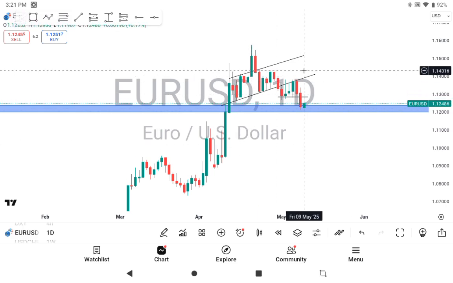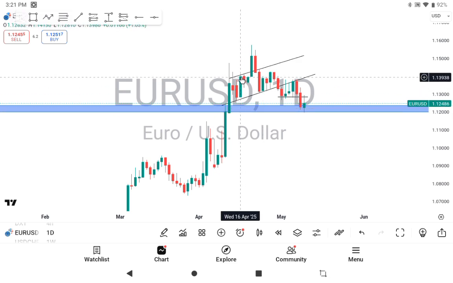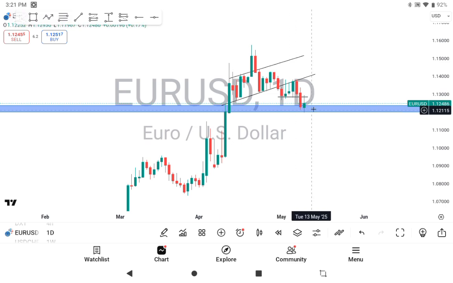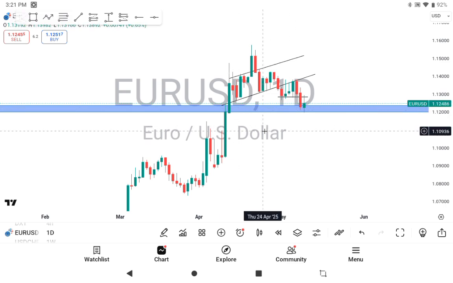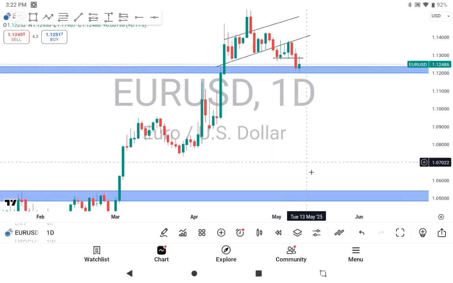Along with the rising wedge forming, we also have a trend reversal head and shoulder. This is the left shoulder right here, this is the head, and we have the right shoulder form right here also, and this major level serves as the neckline of the chart pattern. So we expect the neckline to be taken out to drop EURUSD price down to this previous level